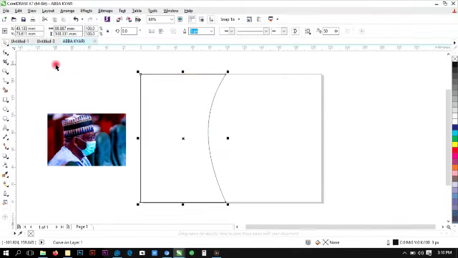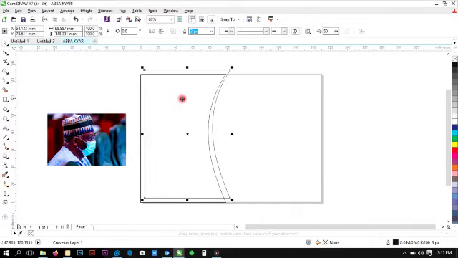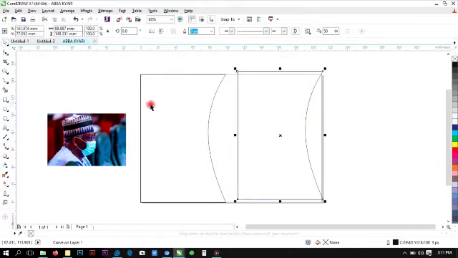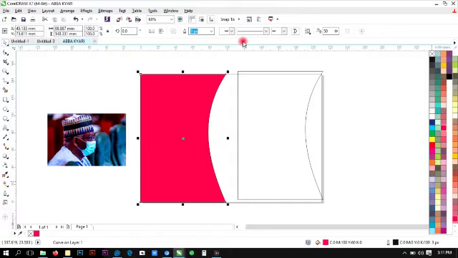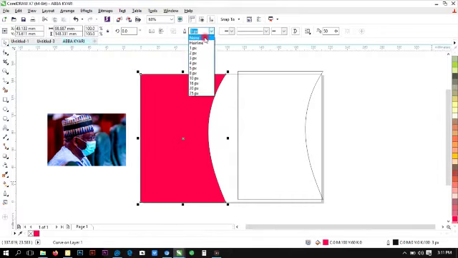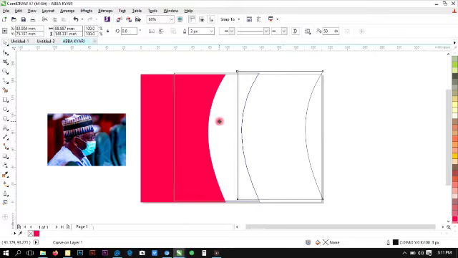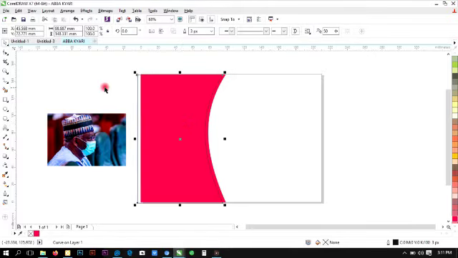Then I'll click out, and then I want to duplicate this particular curved shape I just did, so I'll press Ctrl D to duplicate it, because one will be carrying my picture, one will be carrying the color. So I'll click on this and then come to my color palette and fill it with this color, neon red. Then simply remove the outline. Now do the same for this. This is going to be filled with picture, so I'll bring it closer, adjust it a bit,